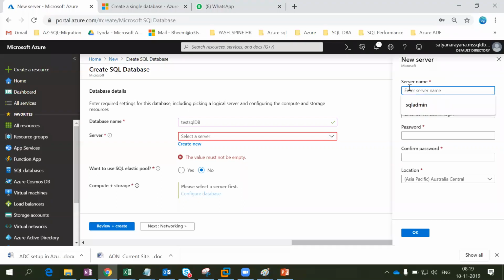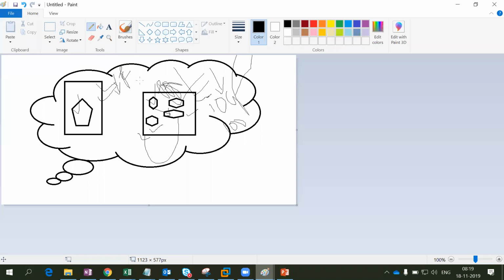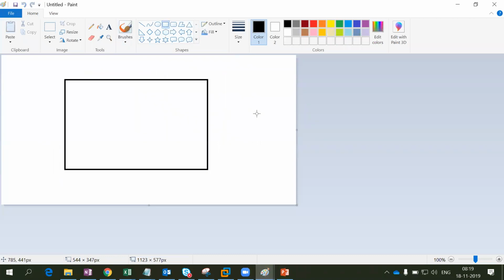If you remember on premises, when you are going to create any cluster kind of environment, let's say a Windows cluster or SQL Always On availability, what we typically do is, this is my PaaS node 1, node 2, active and active, right?